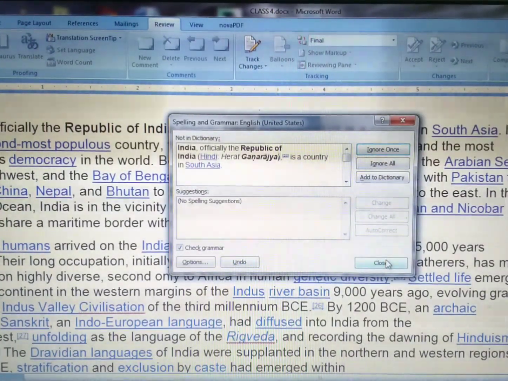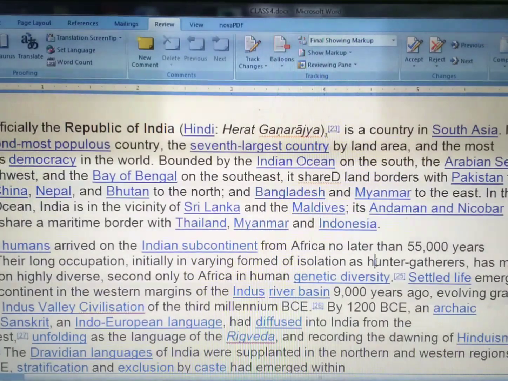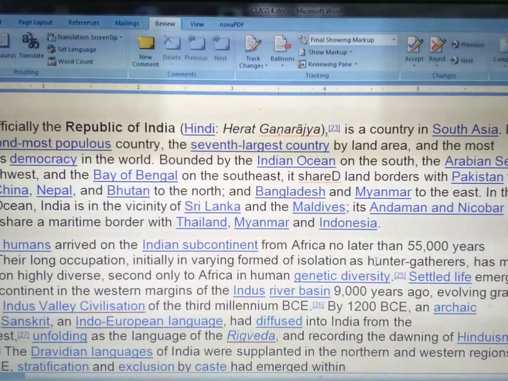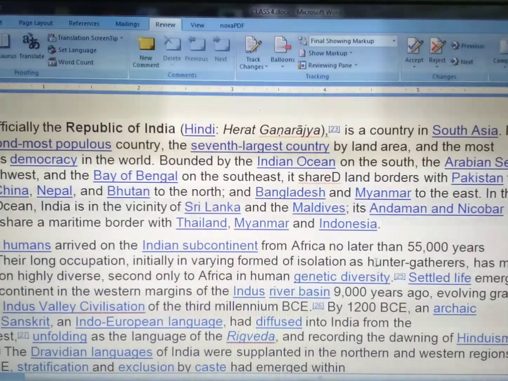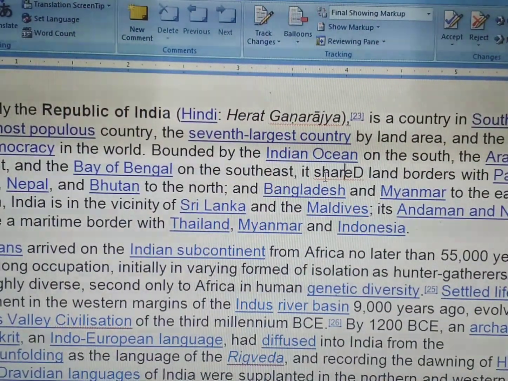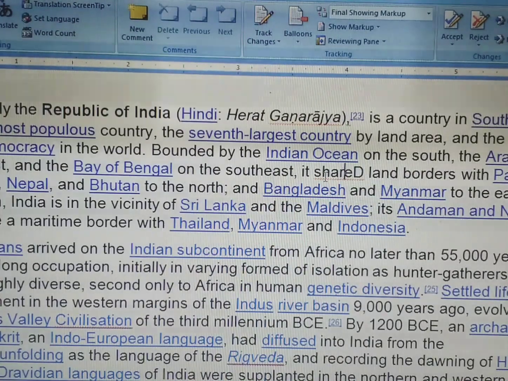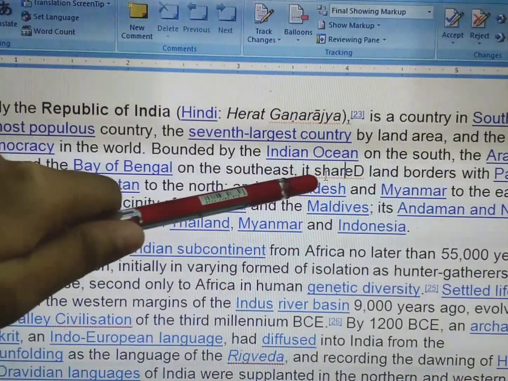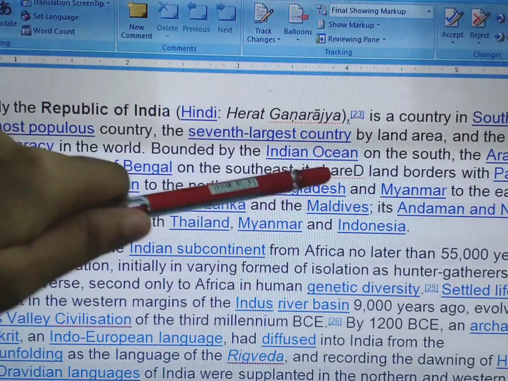Now we close this dialog box. See, the spelling of India is now corrected. Okay, so this is how spell check and grammar works. Kids, now see, check spelling and grammar through the right click option. You are able to see here that the spelling of shared is wrong.